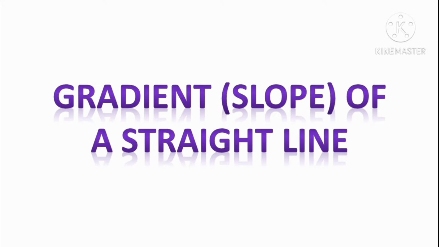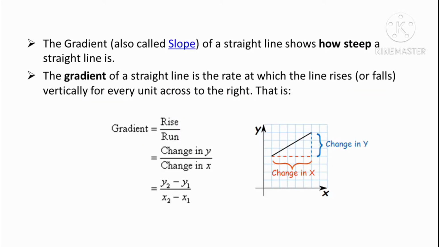So we will see the slide here. So what is gradient, class? The gradient, also called the slope of a straight line, shows how steep the straight line is. The gradient of a straight line is the rate at which the line rises or falls vertically for every unit across to the right. That is,